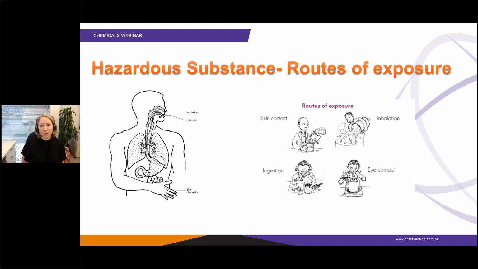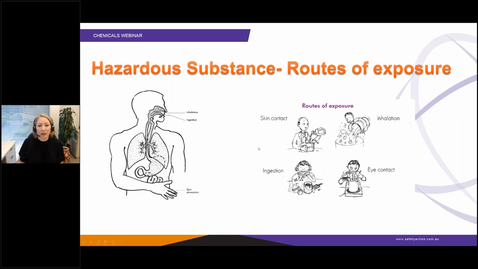And there are various ways that a hazardous substance could cause harm. These are called routes of exposure. The most common route of exposure in a workplace is inhalation, so that you could breathe in the substance, or skin absorption. Commonly in the workplace, if you don't wear gloves and spill the chemical on the skin, it can cause harm by immediately damaging the skin if it's corrosive, or getting into your bloodstream and causing harm that way.